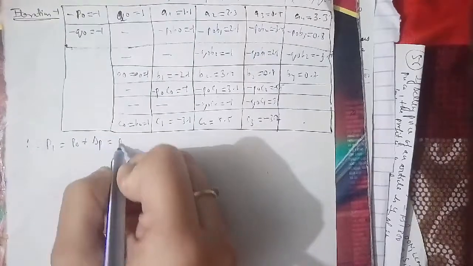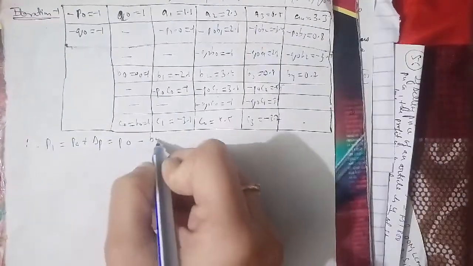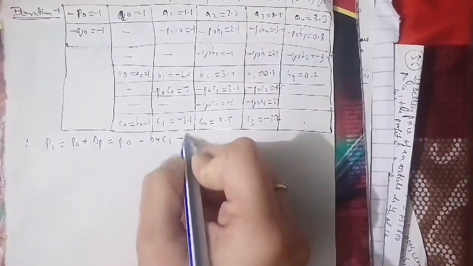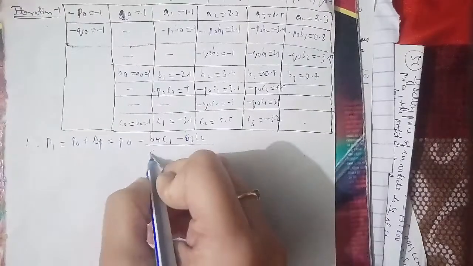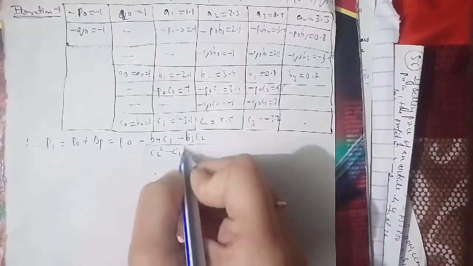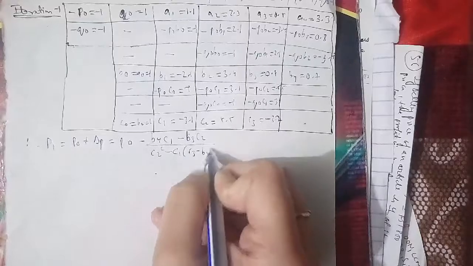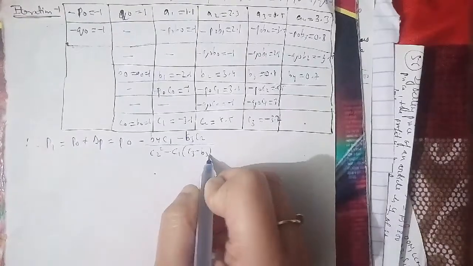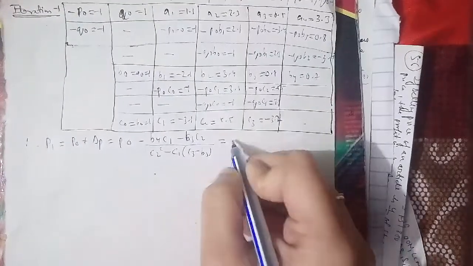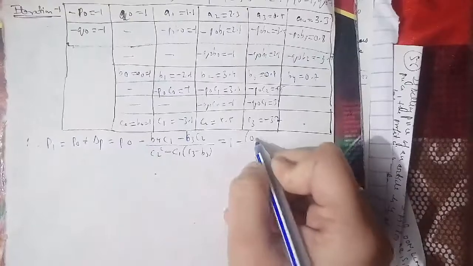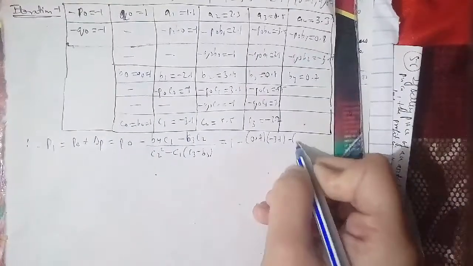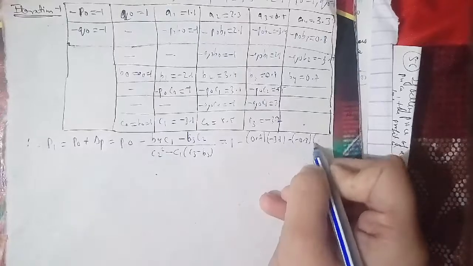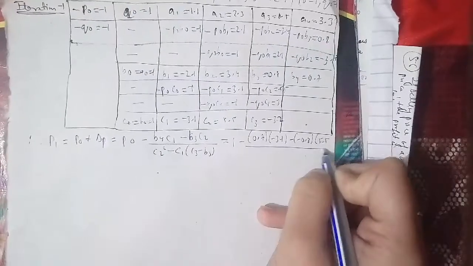We'll solve it out. We'll put the values: 1 minus 0.7 times minus 3.1 minus 0.8 times 5.5 upon 5.5 square minus 3.1 times minus 3.2 minus 0.8, which will give you 1 minus